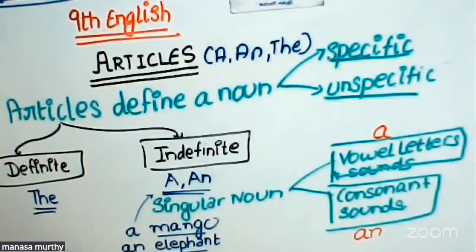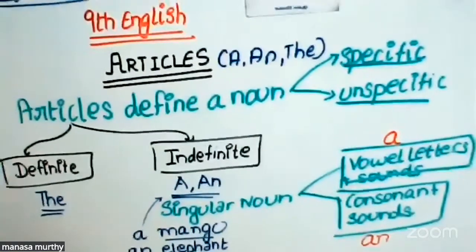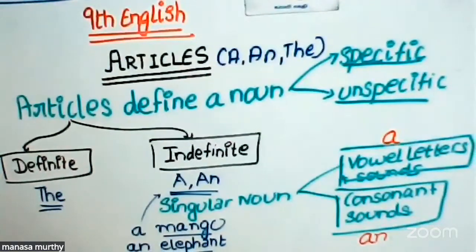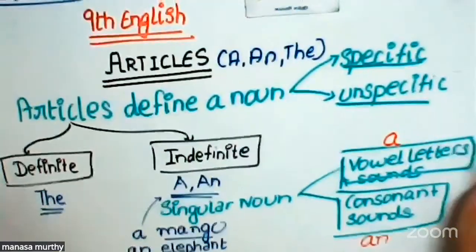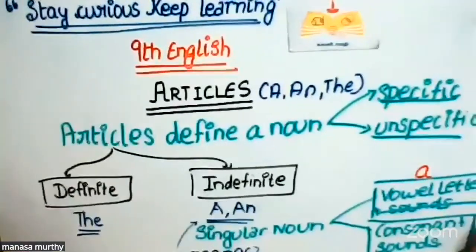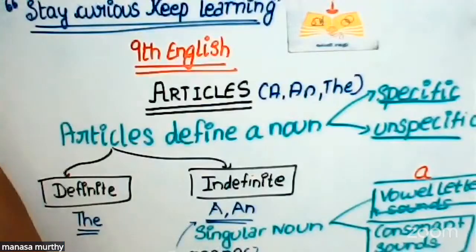Okay. An elephant, randomly an elephant. Do we have anything specific? No. I just went to the zoo and saw an elephant. So for singular nouns we use a and an. Is this the only rule, ma'am, where we use a and an? Are there many more rules that we need to learn? Yes, there are. We learn one by one, interestingly, in the form of an activity. Okay.